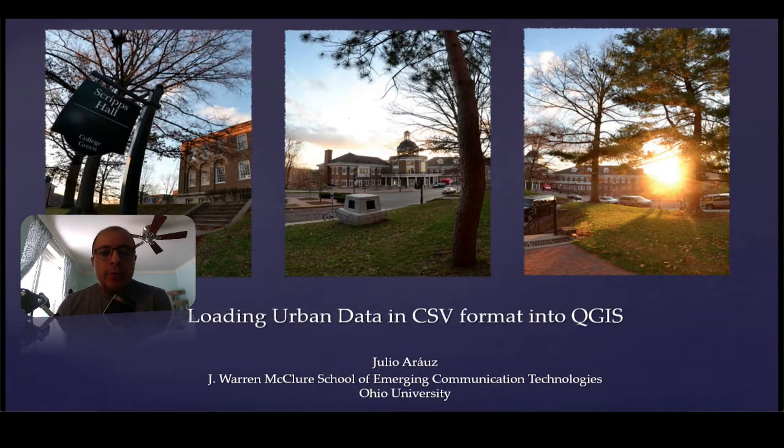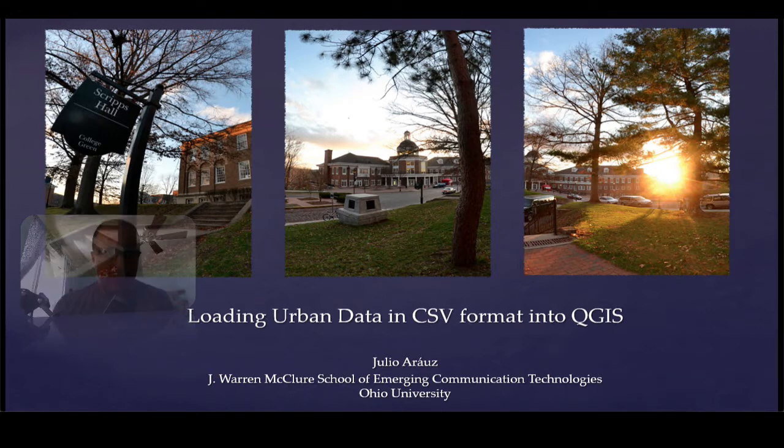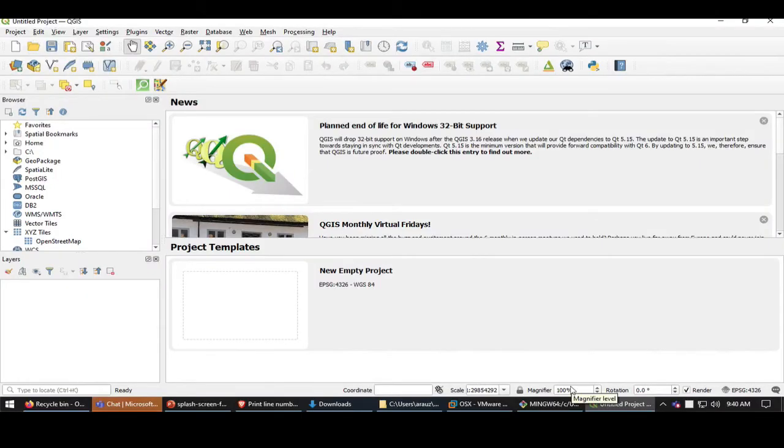Now we're going to take our CSV file and load it into QGIS, construct some maps, and carry out some SQL, or structured query language, operations, very basic, to display different data on our maps. So let's start. Here I have the main window from QGIS, and if you remember with Git Bash,